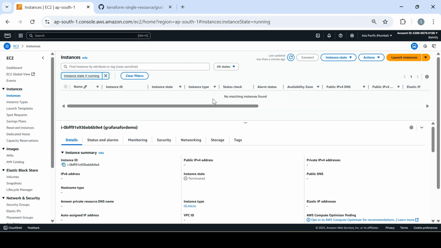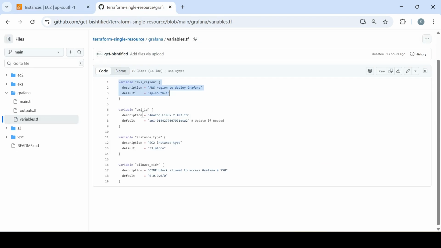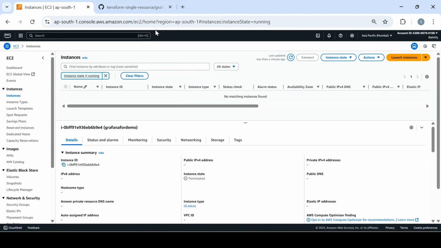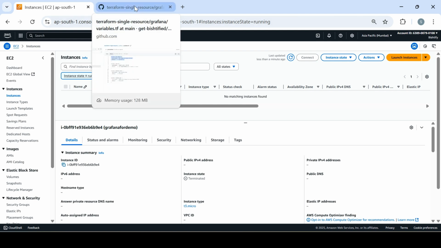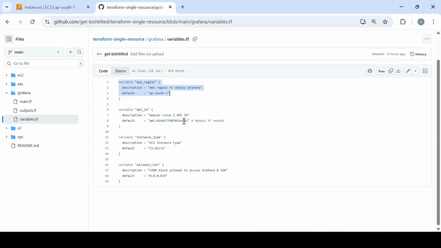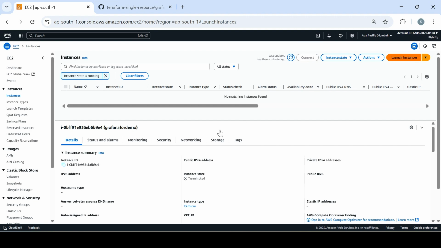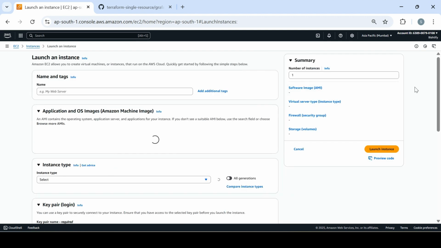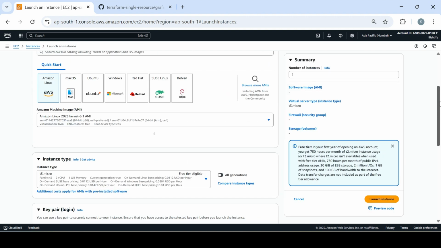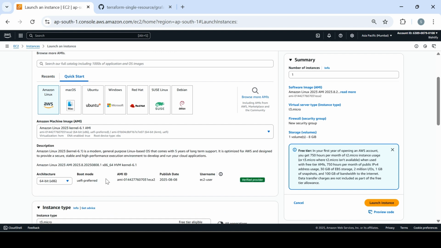Okay, it's terminated. Now what we are going to do is provision an EC2 instance, and we won't do any extra step to configure and install Grafana. It would be done by default. And how it works, let me walk you through now. AMI ID is the image of the machine it's going to pick up. Suppose we launch manually, so we also get an AMI there, right? If we are choosing Amazon Linux, then this is the AMI ID for that. So what I did is I just copied and pasted it into the file